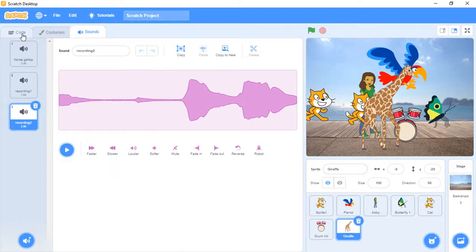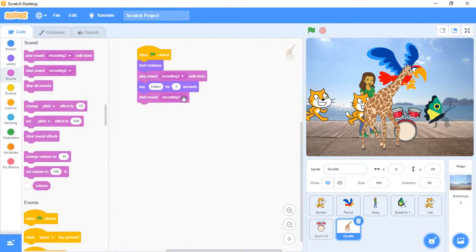From here you can select Recording 2. Now click. Okay, this is Recording 2.